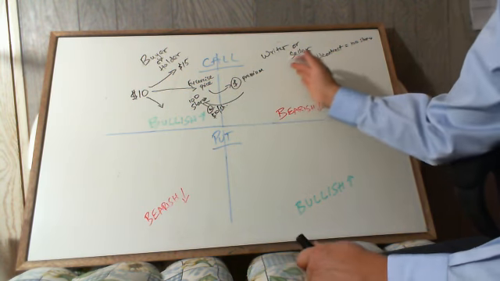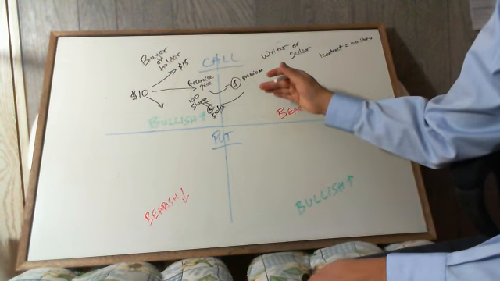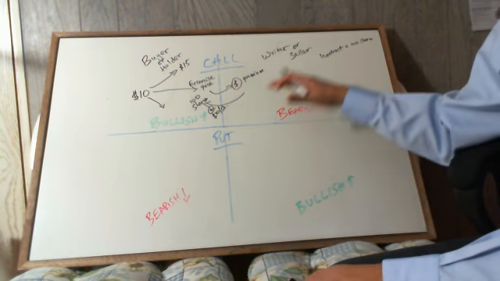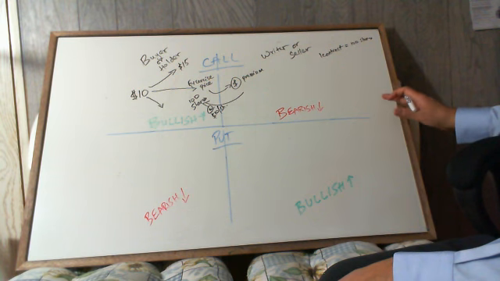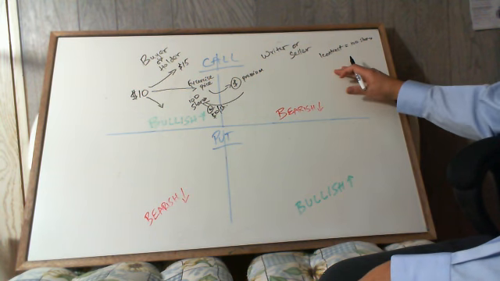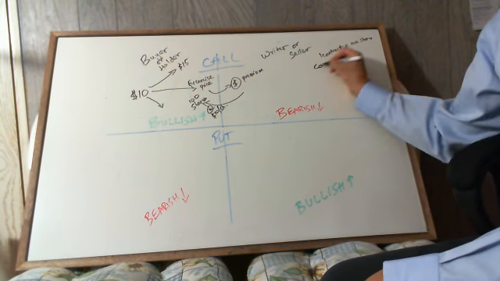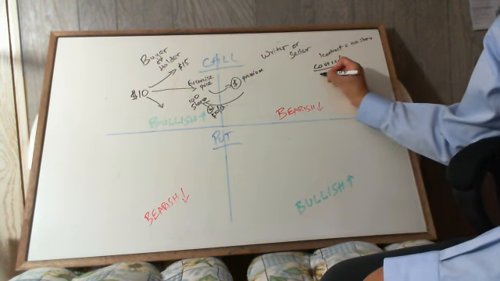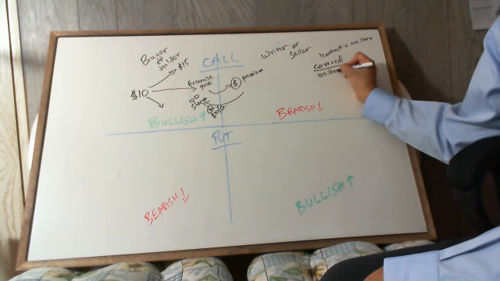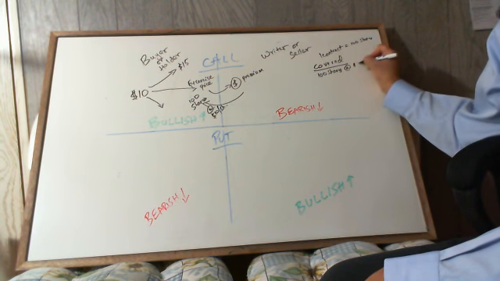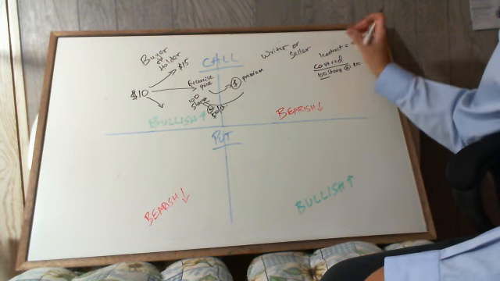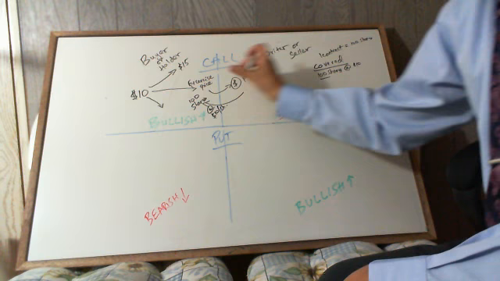The writer loses out because he just got the premium, a small amount, and had to provide the 100 shares. Now the writer can be of two types. If he had bought the shares at the time of getting the contract, he would be called a covered writer. The covered writer would have already bought the 100 shares at $10 initially, so he has his shares available and just picks up those shares and gives them to the buyer.